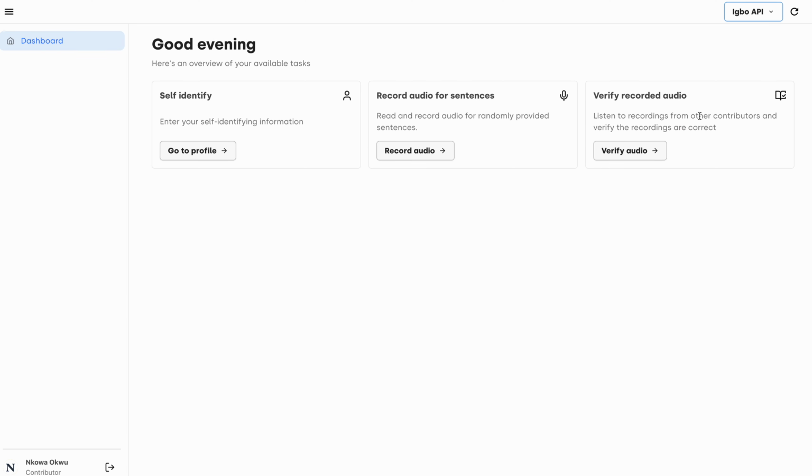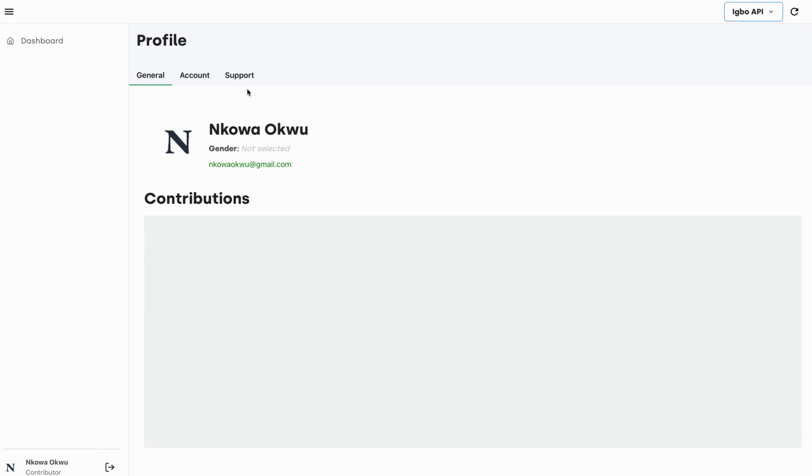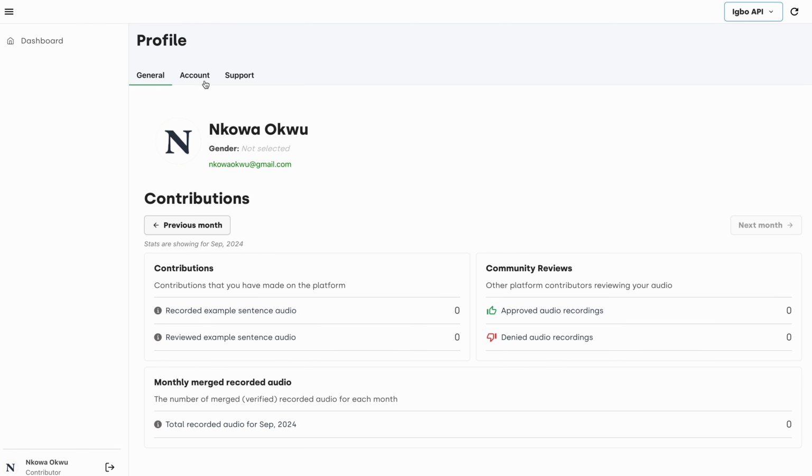You'll see a couple cards that are requesting that you interact with them. These are your quote-unquote available tasks. The first task is the most important, where you can self-identify. Self-identifying is really important for our dataset, so we know what type of person is recording audio or verifying the work that we're doing. So if you go click on that button, you'll be taken to your profile page, and